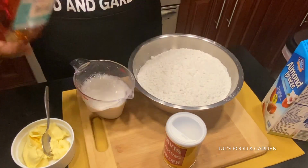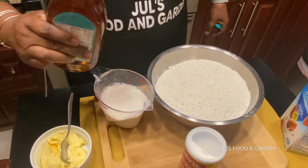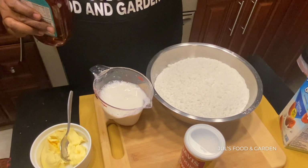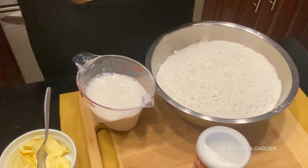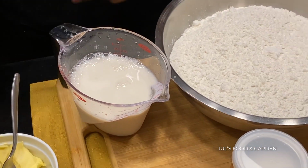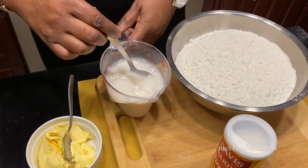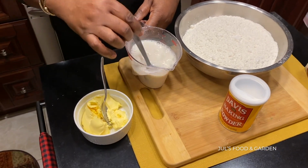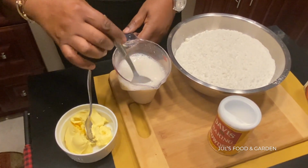In the milk, I'm going to add a little bit of agave in it, just for a substitute for the sugar that people tend to put in dumpling when they are making it. I don't like to put sugar in my food, so usually I stay away from sugar. But right now I put a little bit of agave in the mixture,